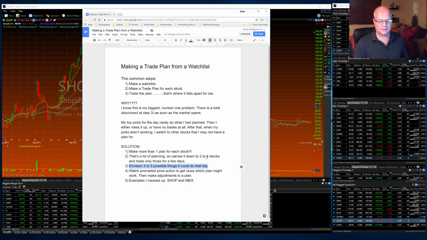Envision 3, maybe 4, maybe 5 possible things. Probably 2 to 3. But let's say envision 2 or 3. Probably don't need 5 things. 2 or 3 possible things it could do that day. And then also watch the pre-market price action to get clues as to which plan might work. And you may have to, based on those clues, make some adjustments to your plan,